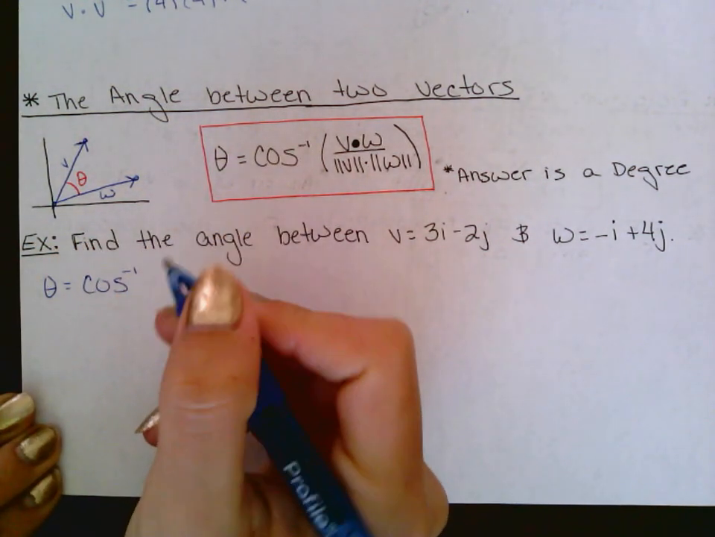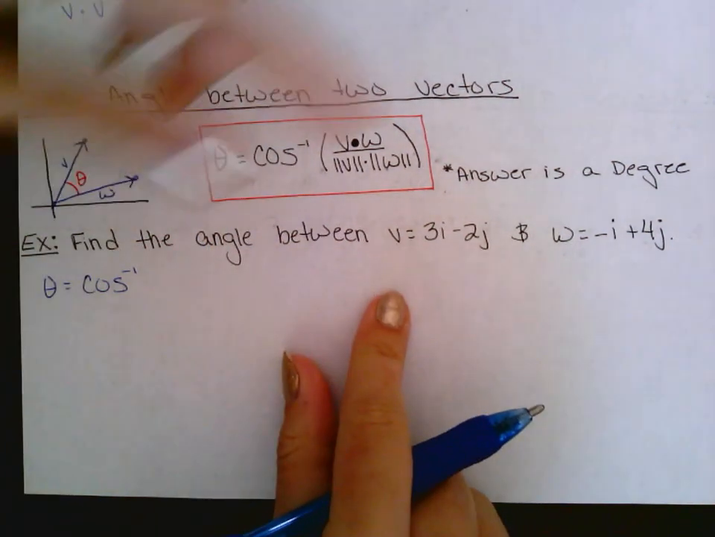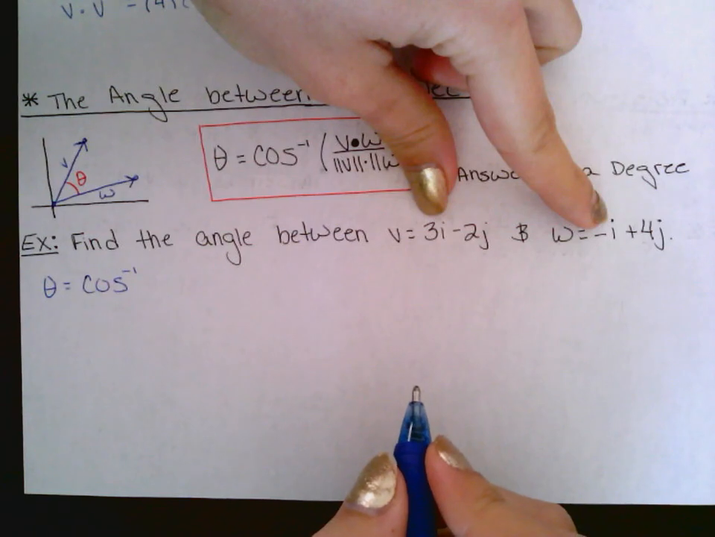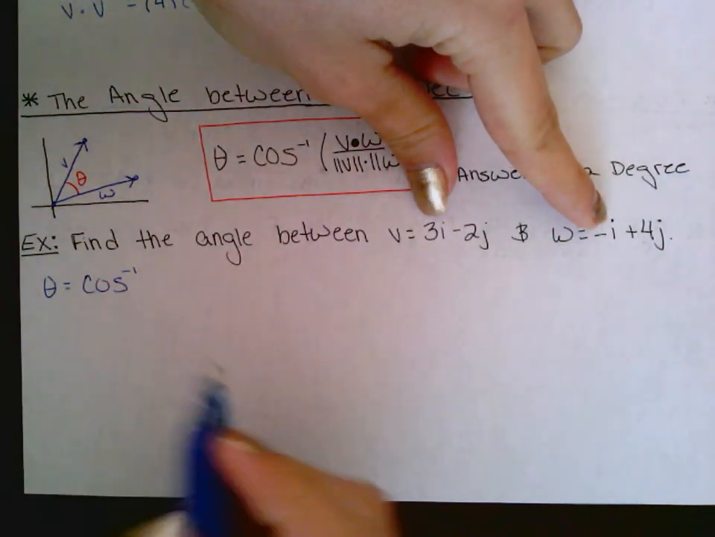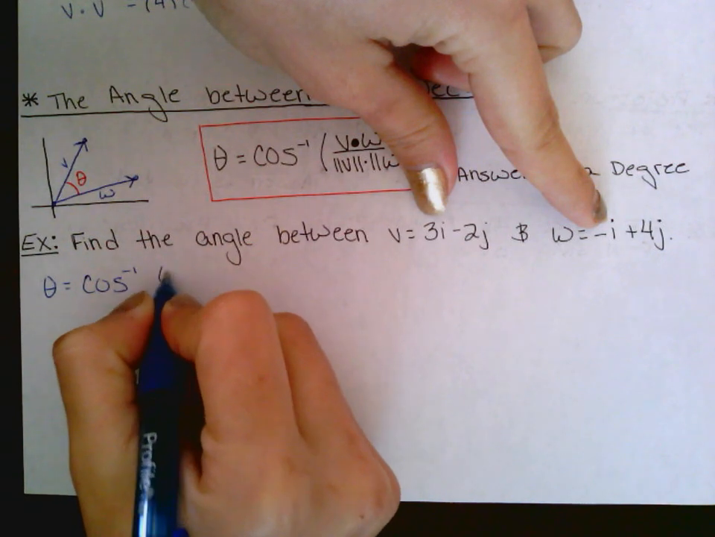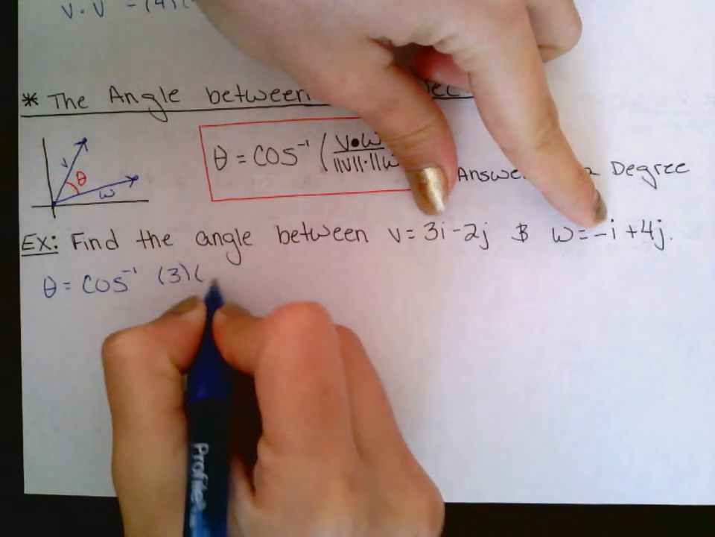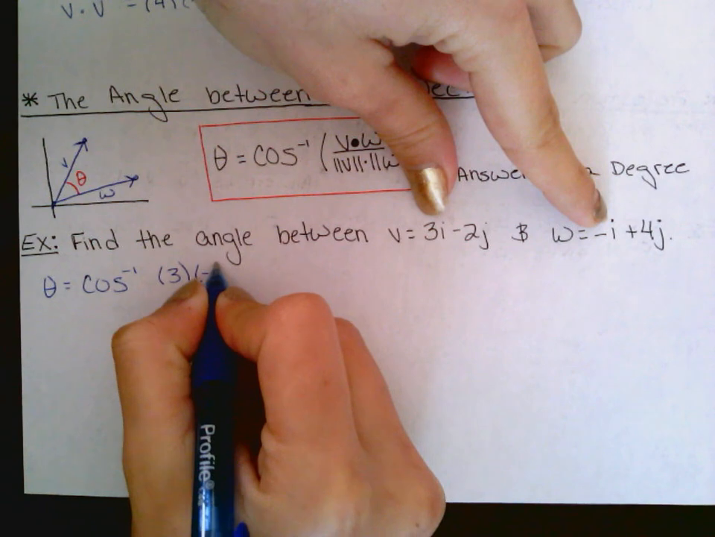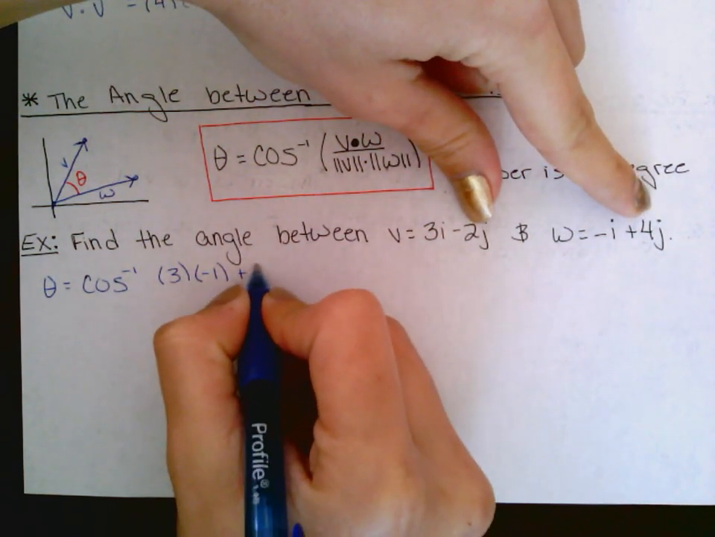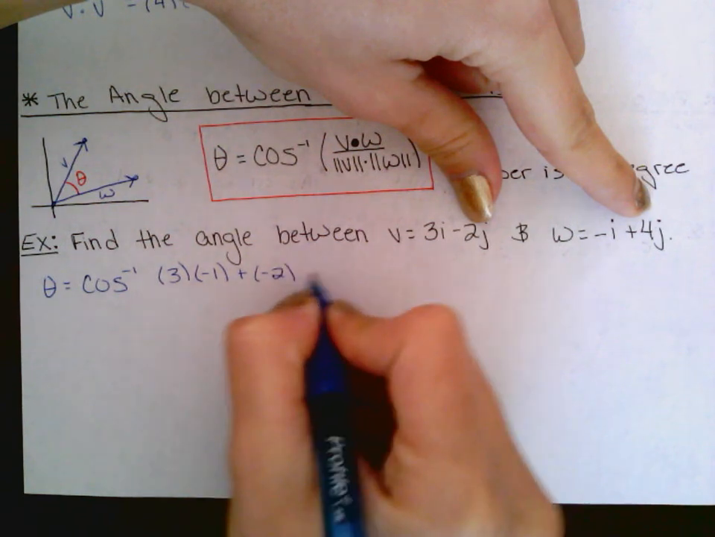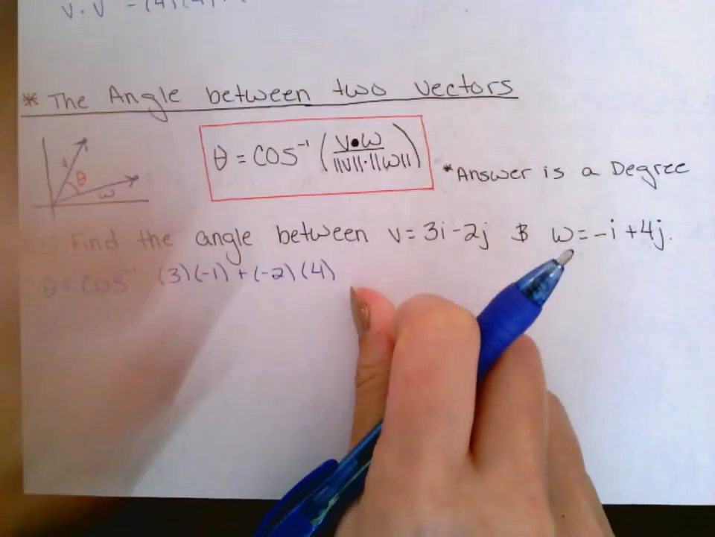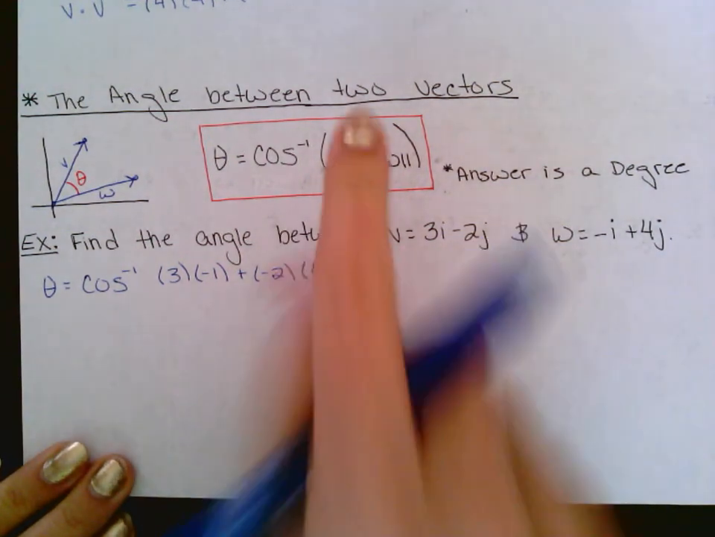And then in my numerator, I'm going to put my dot product. So my dot product is my two numbers in front of my i's. So I'm going to do 3 times -1 plus my two numbers in front of my j's, -2 times 4. Okay, so this right here is my numerator. It's the dot product